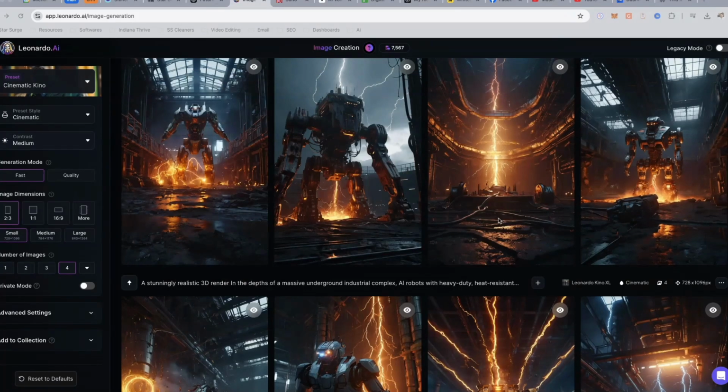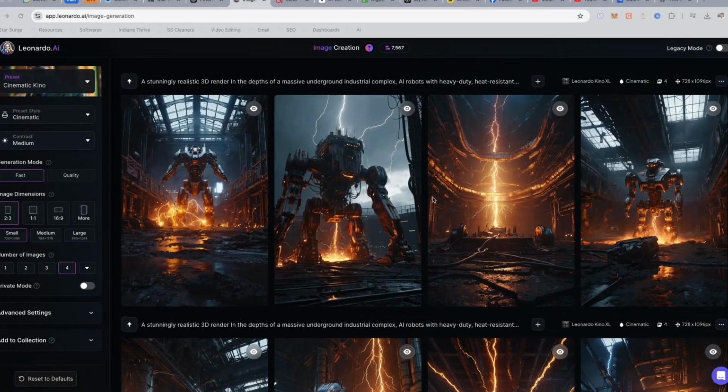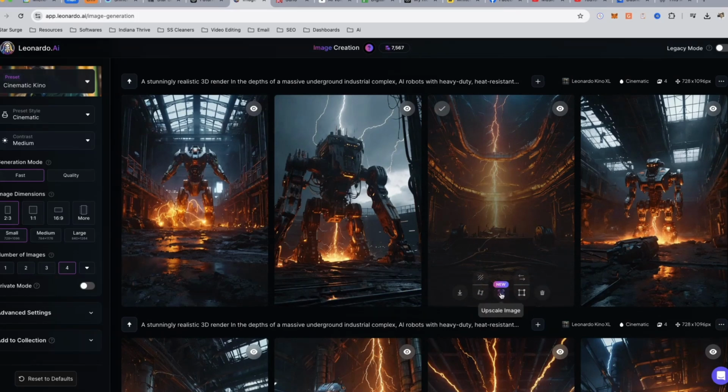So this one looks really cool. So I'm going to just create a couple of these motion ones so you can see, and then I'm going to pause this and go to the next step so you don't have to sit and watch this whole thing. You have different options as far as you can remove the background, image guidance, upscale image, download the image, but